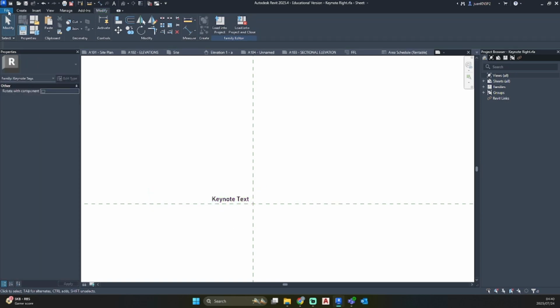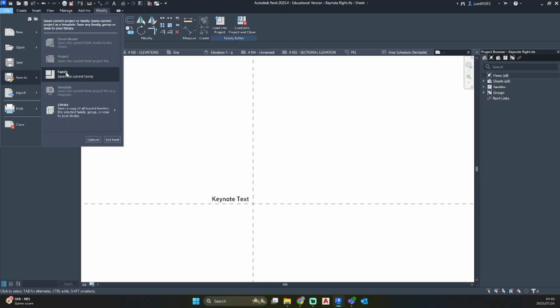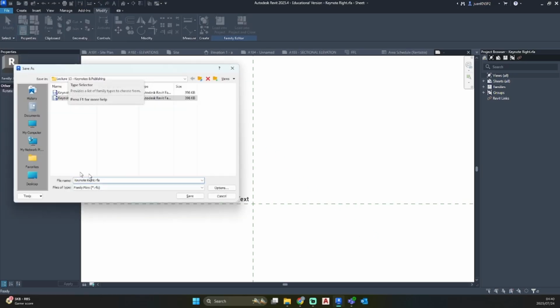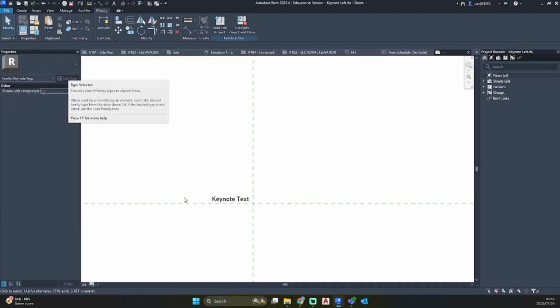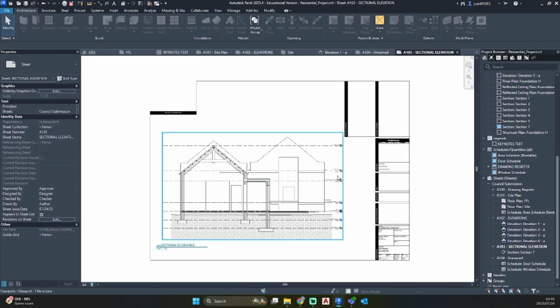And go file, save as, family. And this is keynote left. Save. Now we have two keynote families. So I'm going to go and close this family since I've already saved it.